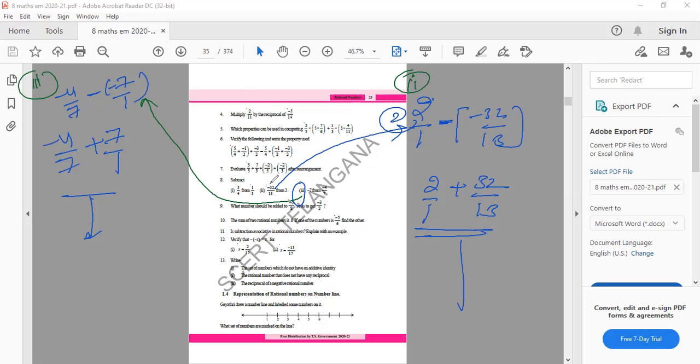You have to subtract minus 32 by 13 from 2. So 2 minus of minus 32 by 13. Here, minus 7 from minus 4 by 7: minus 4 by 7 minus 7 by 1. Nothing else, take it as 1. You continue that and you'll get the answer. Very simple. Okay, now let us stop here.